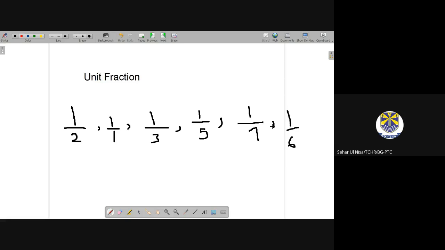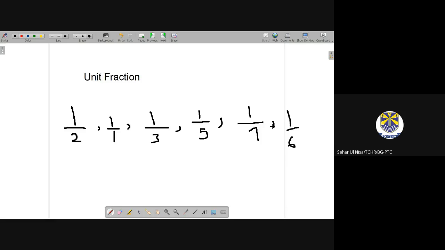Okay, students, so these were the types of fraction. I will upload this video and I'll share the link in your Teams. And now we are going to discuss the pages. Everyone, please come to page number 52. I'm going to tell you about page number 52, that is fractions, decimals, and percentages.